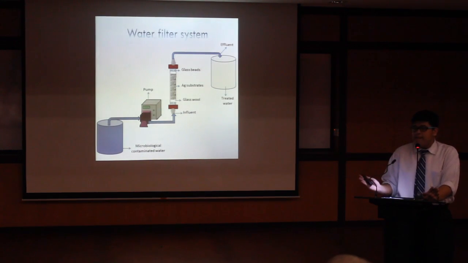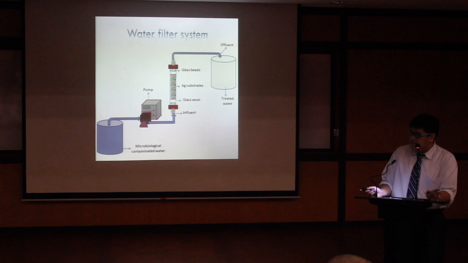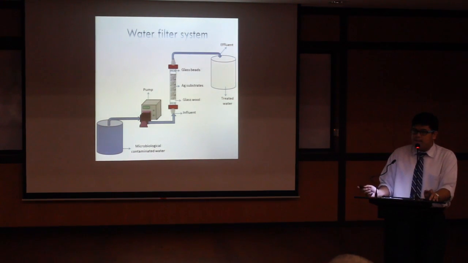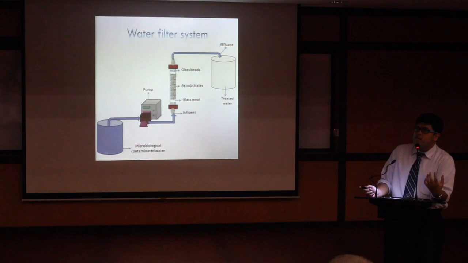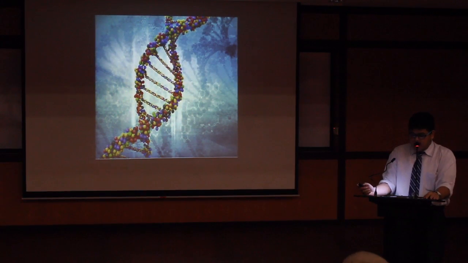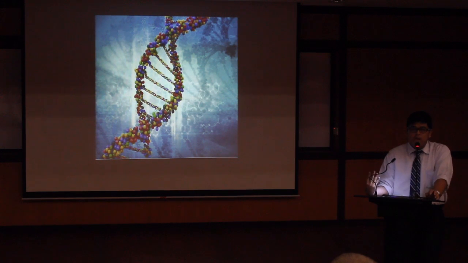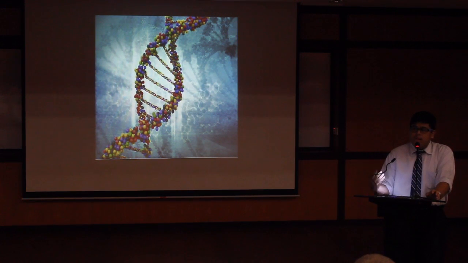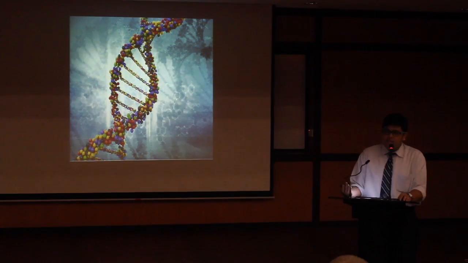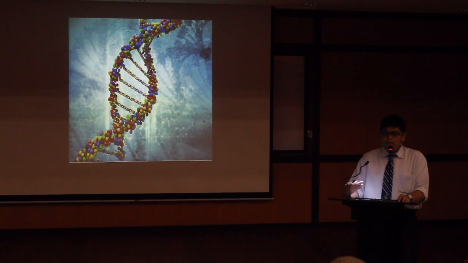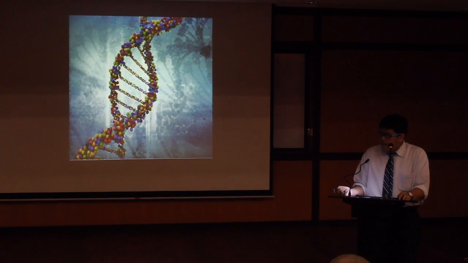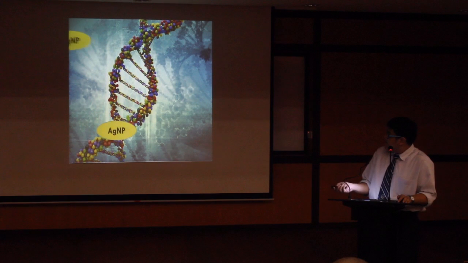So, this is the basic diagram of a water filter system, and the crucial part of the water filter system is its sterilizing beads. And these beads work in two ways. The first one is its reaction with DNA. What the silver nanoparticles do is that they react with the phosphate group, hence the bacteria cannot perform as they usually do, which then kills the bacteria. Another way is that,